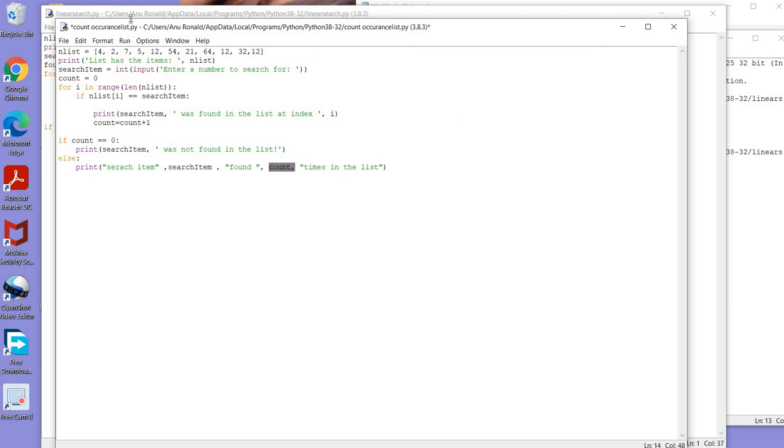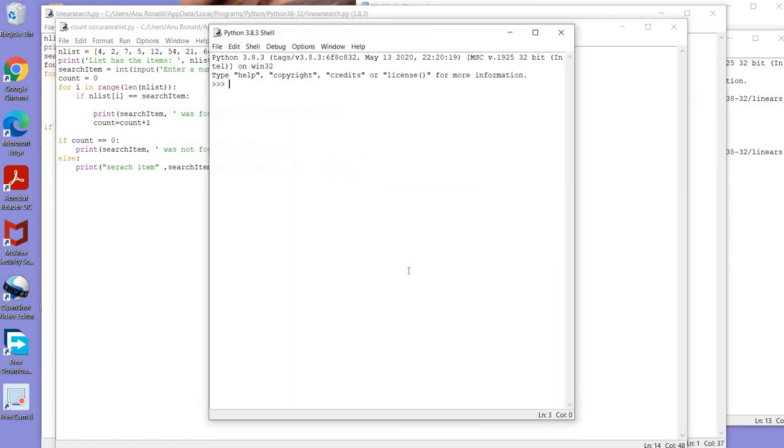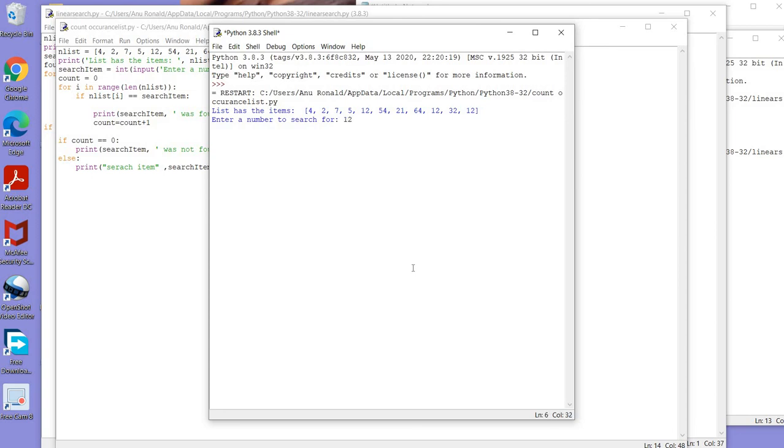We can just run this program. Okay, so I'm going to search 12. So you can see 12 was found in the list at position 4, 8 and 10, as well as it is printing search item 12 found 3 times in the list. So it is correct.